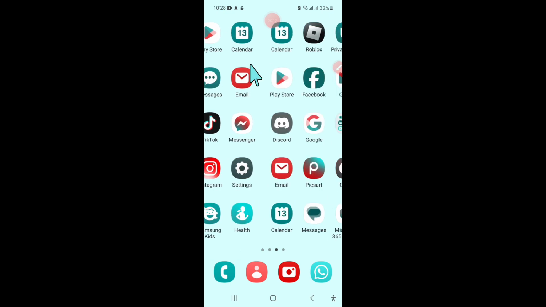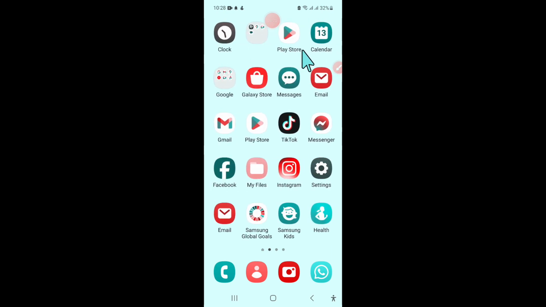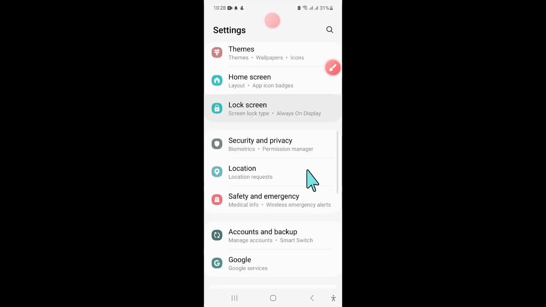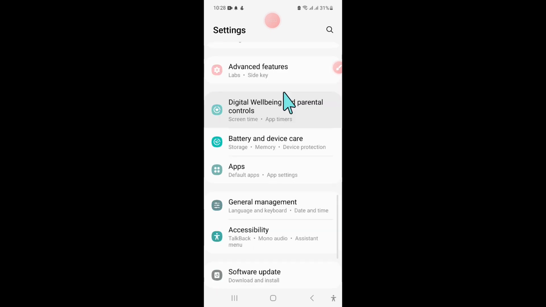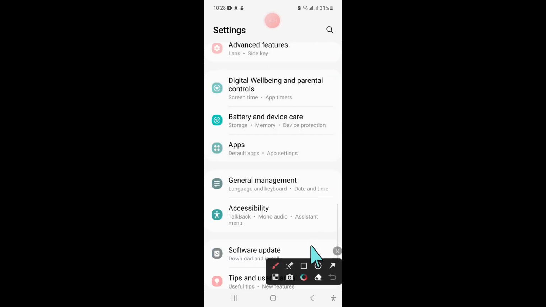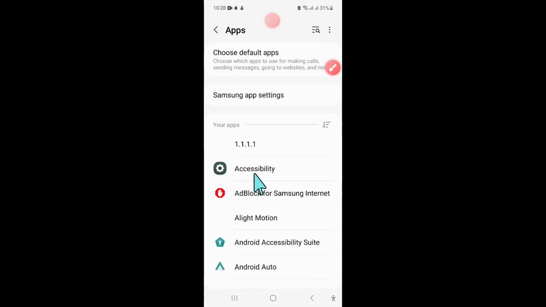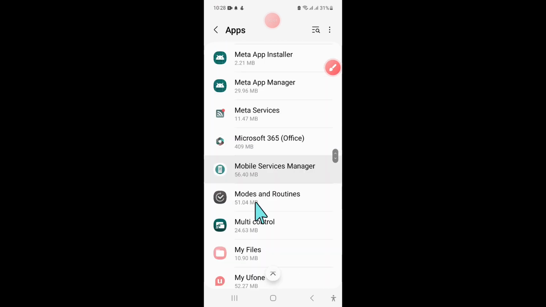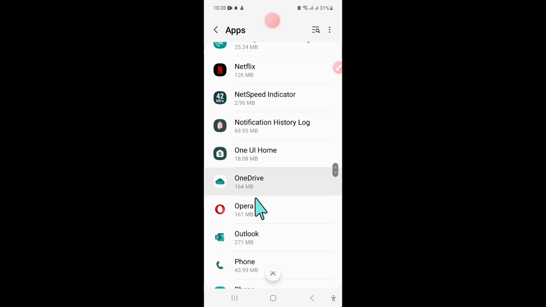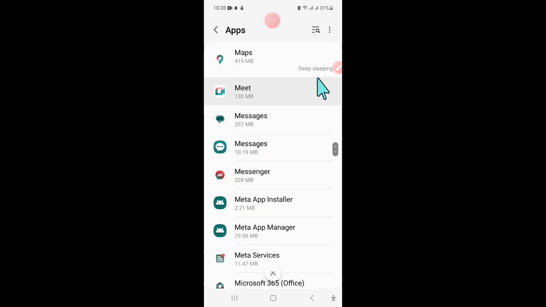So to fix this issue, first of all, open settings. Now in settings, scroll down and here click on apps. Now in apps, scroll down and here click on messages